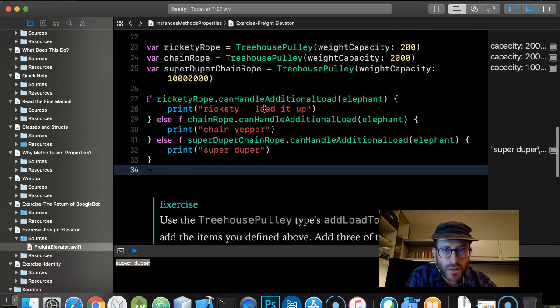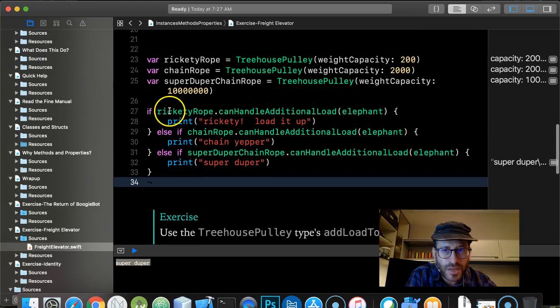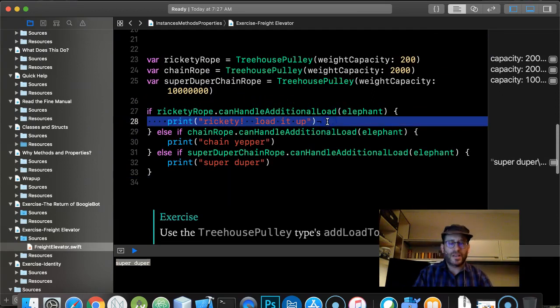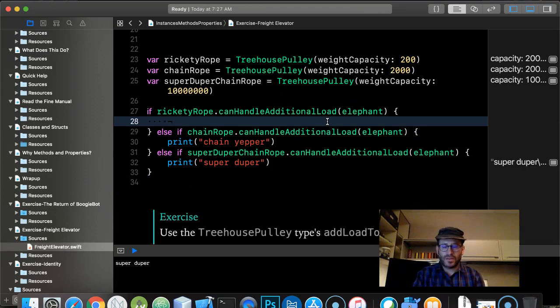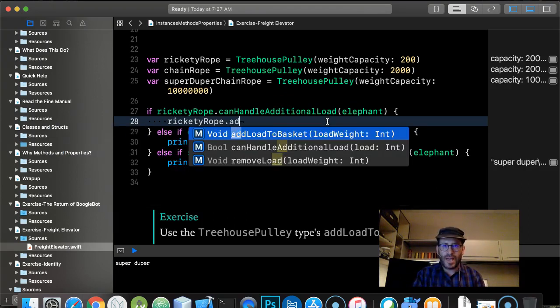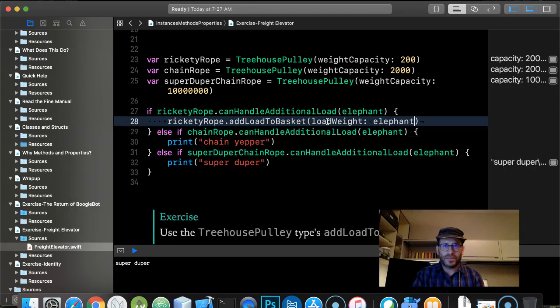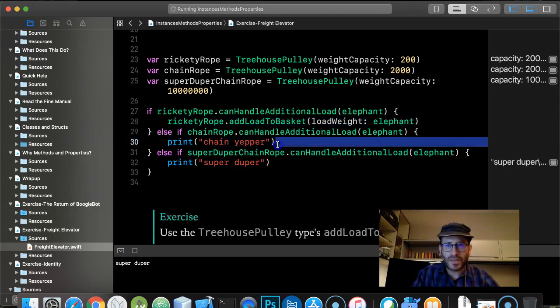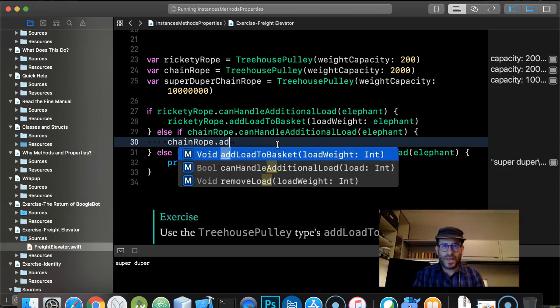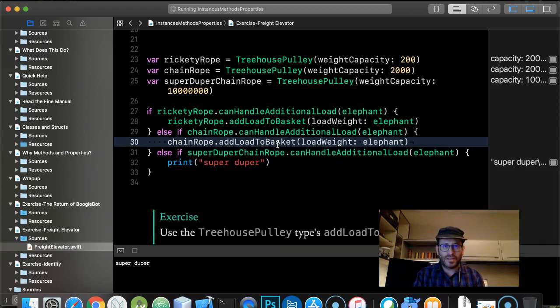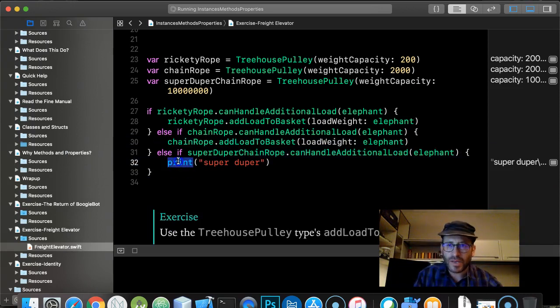So I'm going to redo this in the order, but this is the idea, is first you check if the rope can handle it, and then if the rope can handle it, then add. So then we can do rickety rope dot add load of elephant. And then this one is like if the chain rope can handle it, chain rope dot add load to basket elephant. Now what's interesting about doing it this way is,